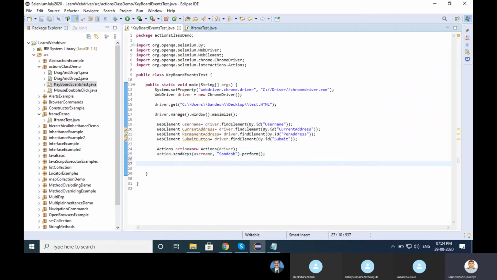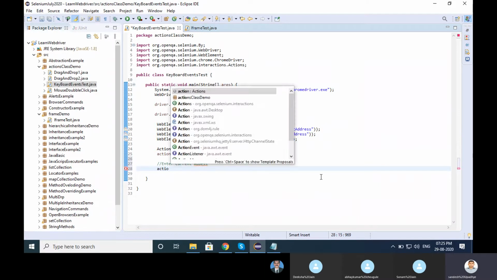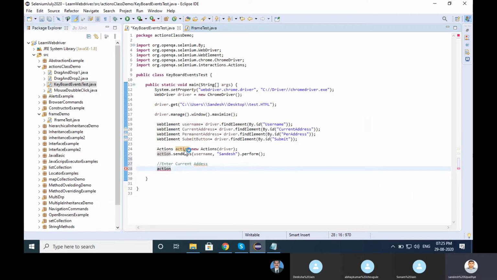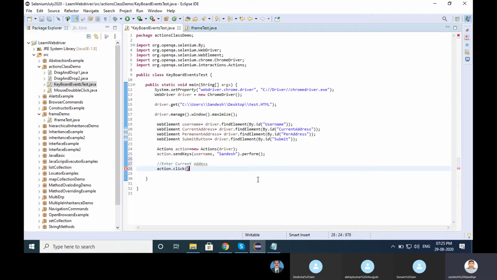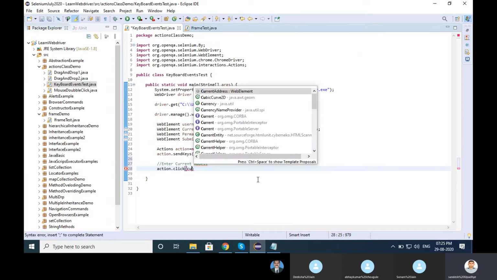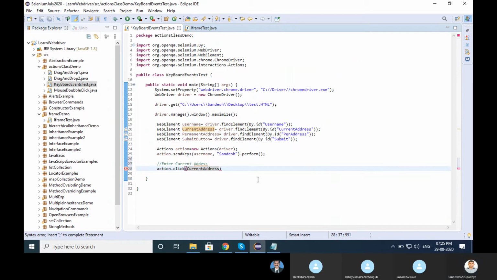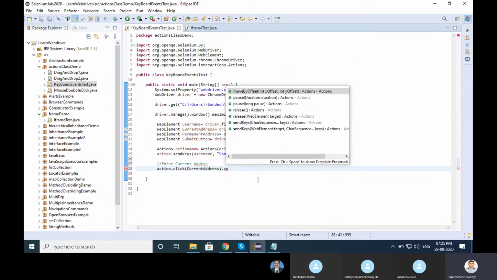Then again I want to enter the current address, right? Same thing, I have created an object of the action. Action dot click. I want to set focus with click, on the current address, and then I want to pass my text.